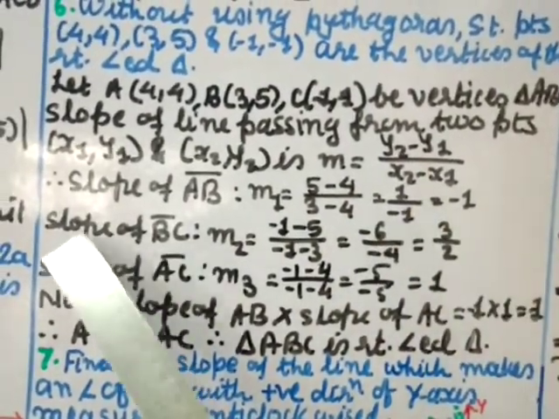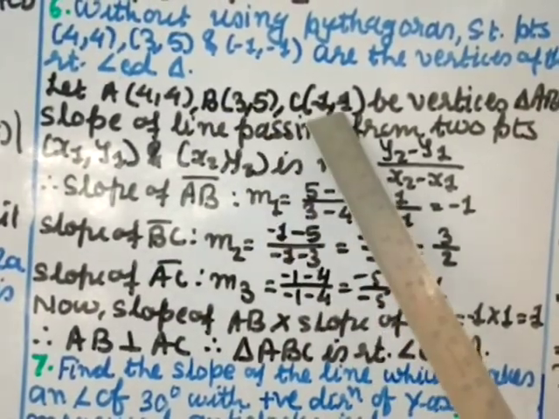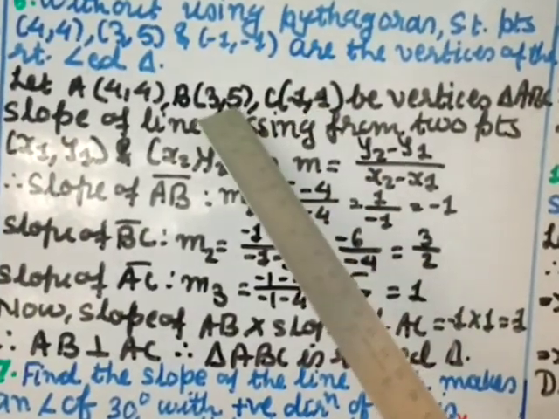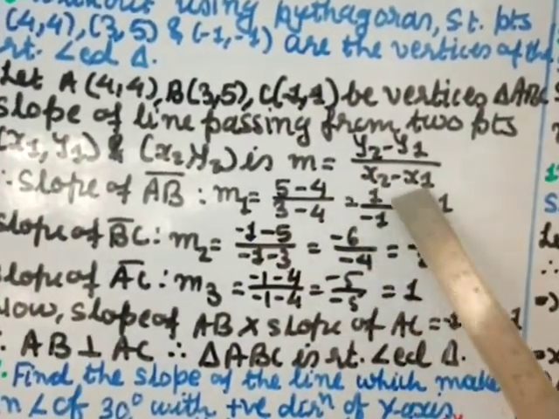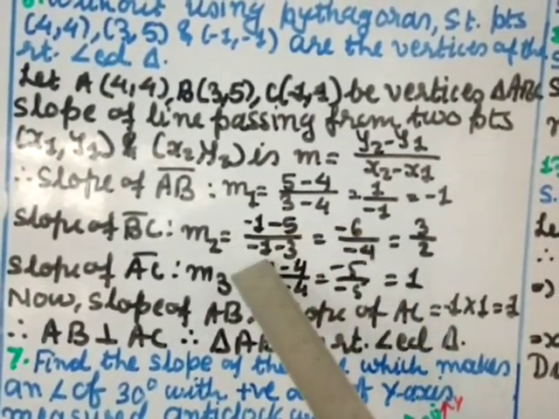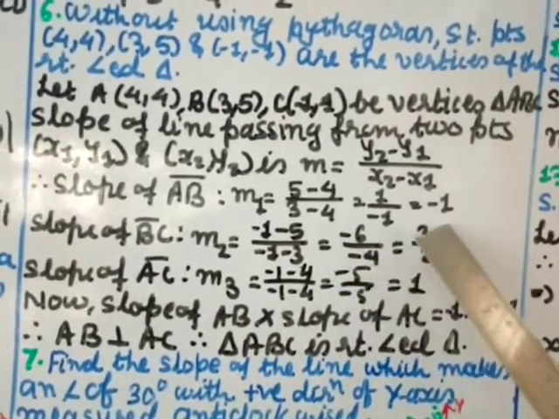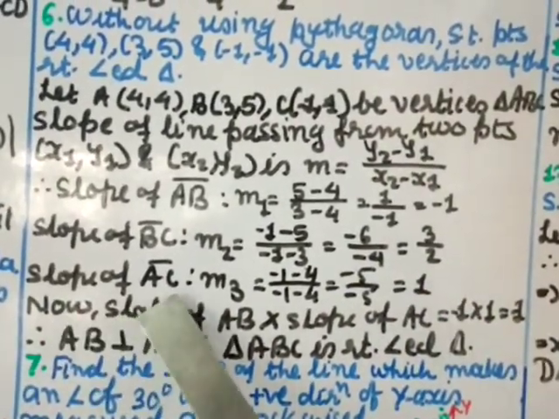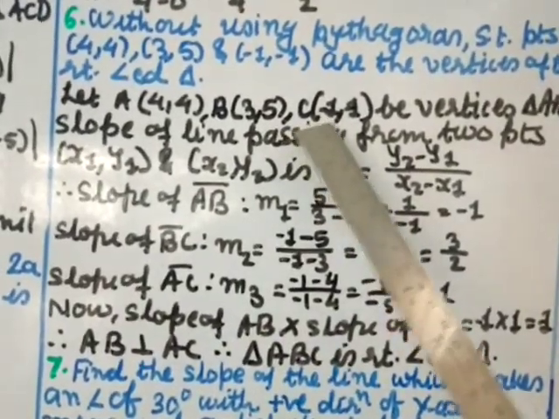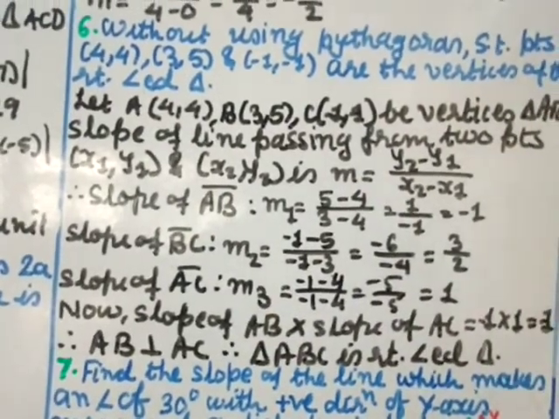Slope of BC, so this is my BC, so call this x1 y1, x2 y2. Okay, so call m2 equal to y2 is minus 1 minus 5 and x2 minus x1 is minus 1 minus 3. Okay, so minus 1 minus 5 is minus 6, minus 1 minus 3 is minus 4, negative negative cut by 2, so you get 3 by 2. Now slope of AC, so m3 I call it. So let us find this, you call it as x1 y1, this you call it x2 y2, or you call x1 y1 this, x2 y2 this, both will be the same answer.